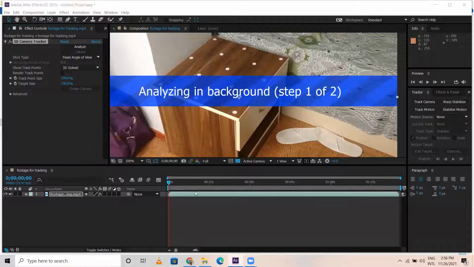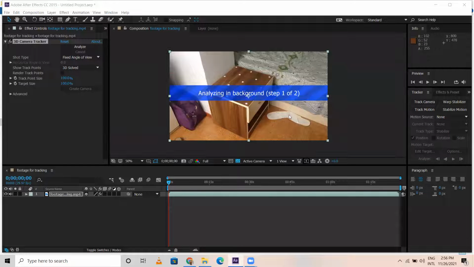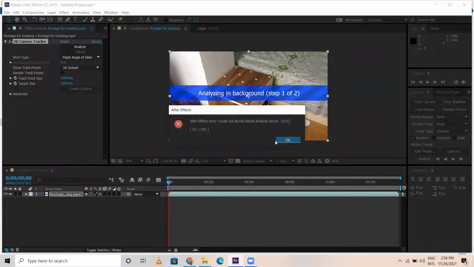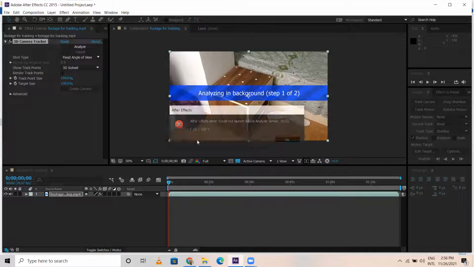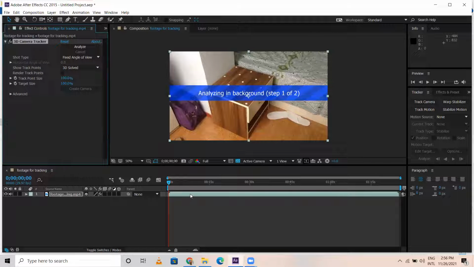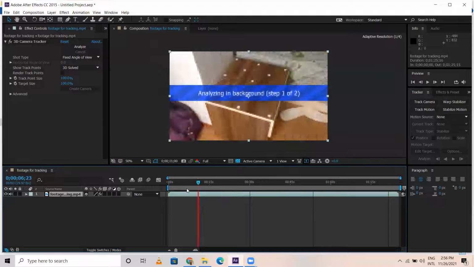It seems it is tracking, analyzing in the background. Okay, the analysis is not happening. What's wrong with this? Let's do one thing.